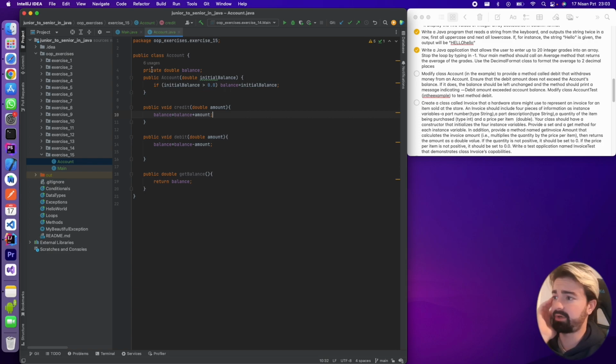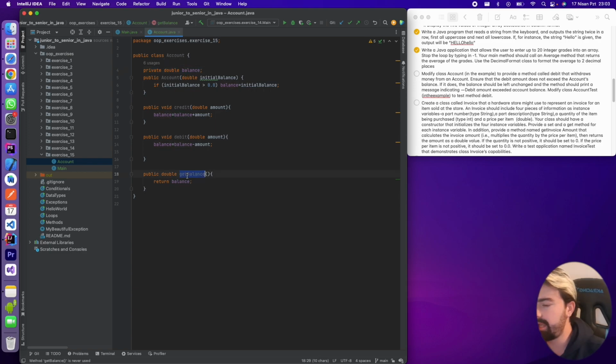So the Account class has a private property, balance, which is a double data type. We have a getter that returns the balance of the instance. Then we have credit and debit, the two public methods here. If I choose credit, it adds the amount to the balance of the instance. If I choose debit, it just decreases the balance of the instance by the amount. The constructor takes a double initial balance and initializes the balance of the instance with it, if it's